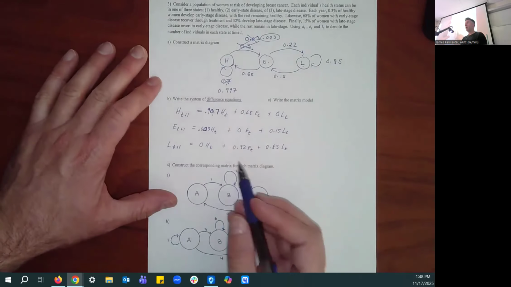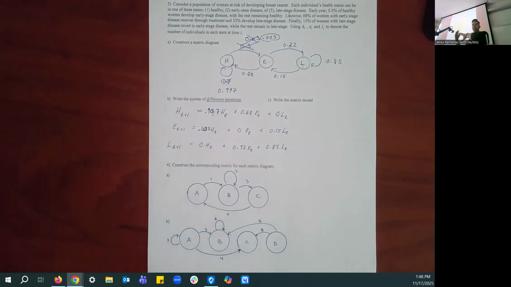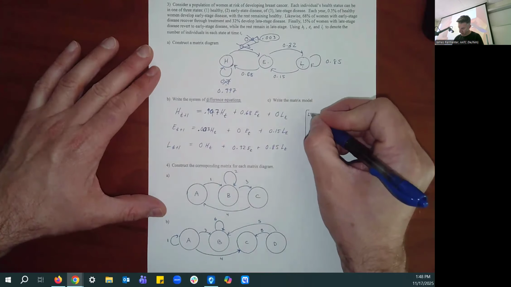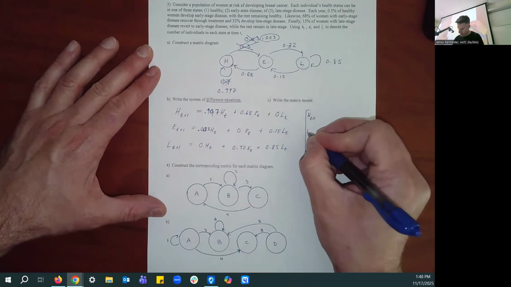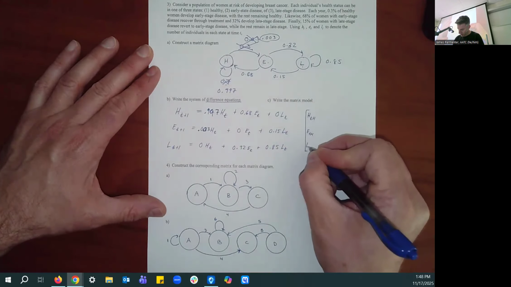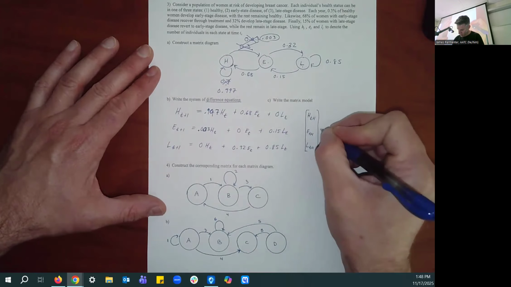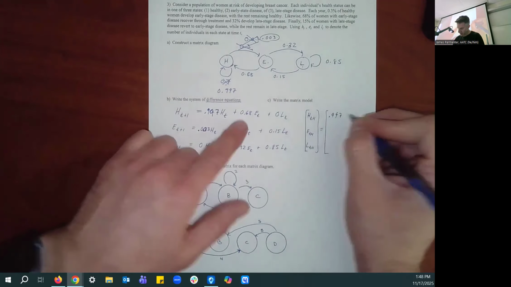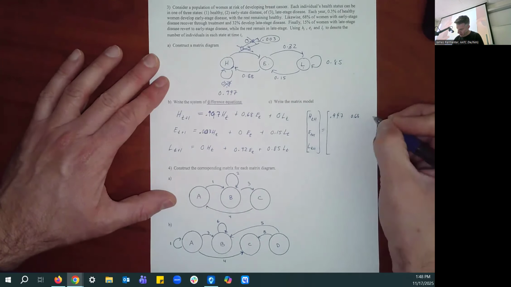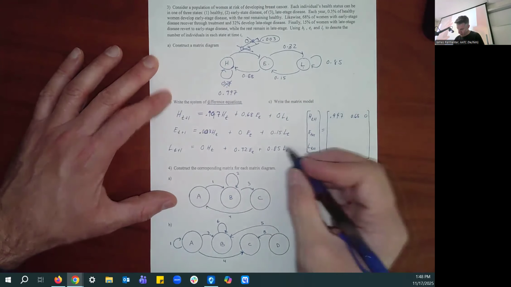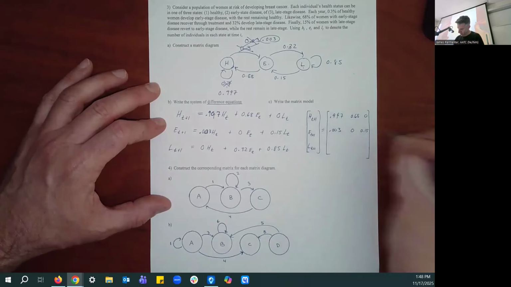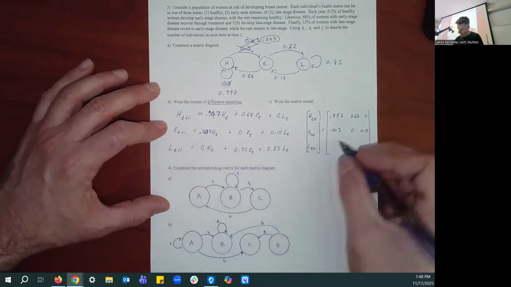What you've really written here, and it is good to be able to go back and forth between a system of equations and the matrix equations, which are the same thing, is your next time interval vector, ht plus 1, et plus 1, lt plus 1, equal to the coefficient matrix 0.997, 0.68, and 0 for the first row, and then 0.003, 0, and 0.15 for the second row, and 0.32 and 0.85